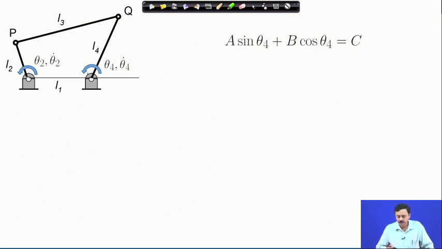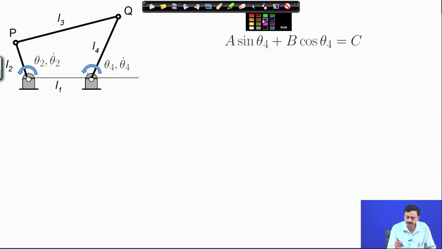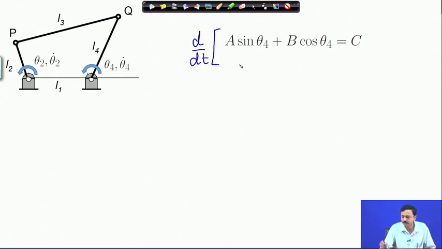Now, if we differentiate this with respect to time, so let me do that. So, if I differentiate this whole expression with respect to time, remember A is a function of theta 2. So, A also is a variable quantity. So, A dot is d dt of A,